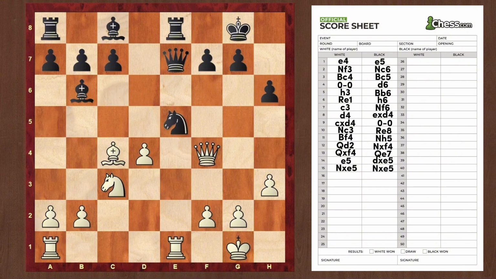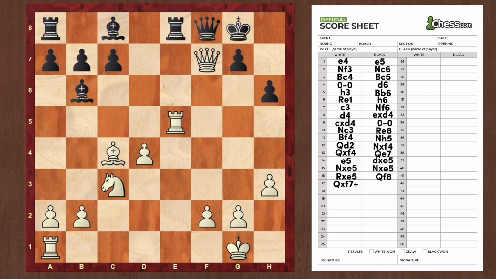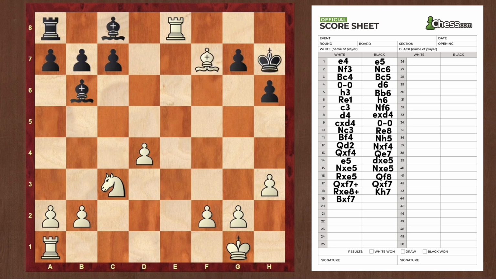knight takes e5, rook takes e5, queen f8, queen takes f7 check, queen takes f7, rook takes e8 check, king to h7, bishop takes f7, bishop takes d4,